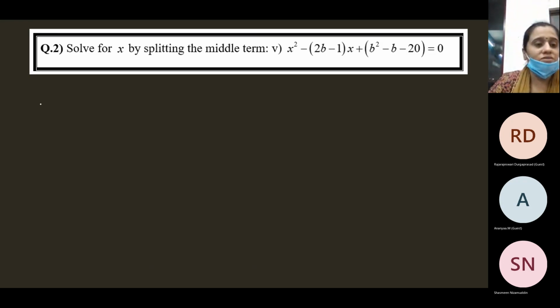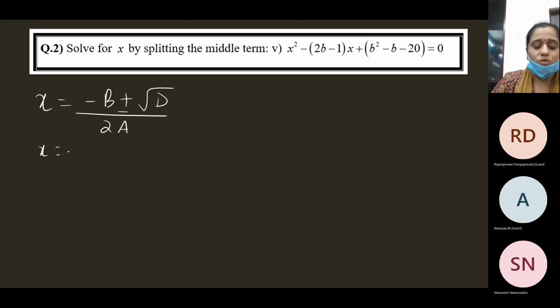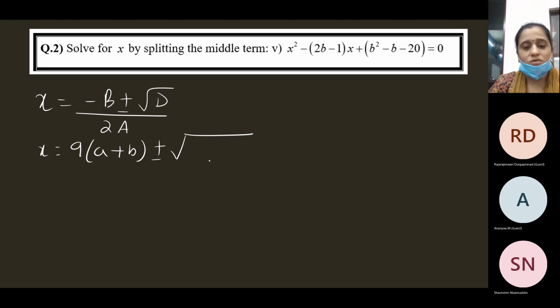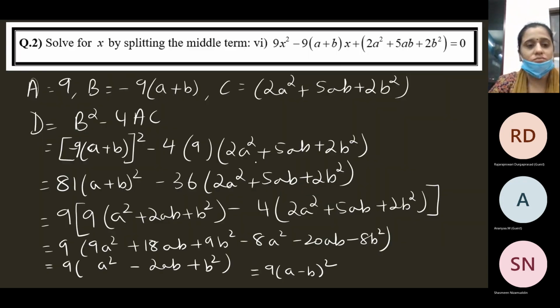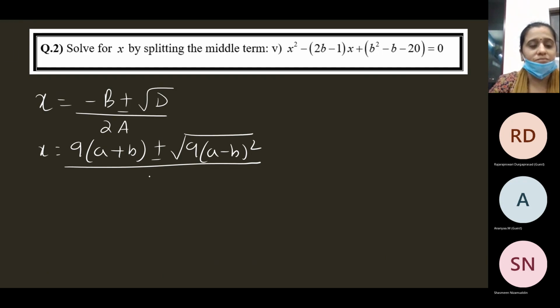So then x is equal to minus b plus or minus root D by 2a. So x is equal to what is minus b? I think minus 9 into a plus b. So is this right? Plus or minus root of what we get, 9 into a minus b the whole square, by 2a. 2 into 9, 18. So x is equal to 9a plus 9b